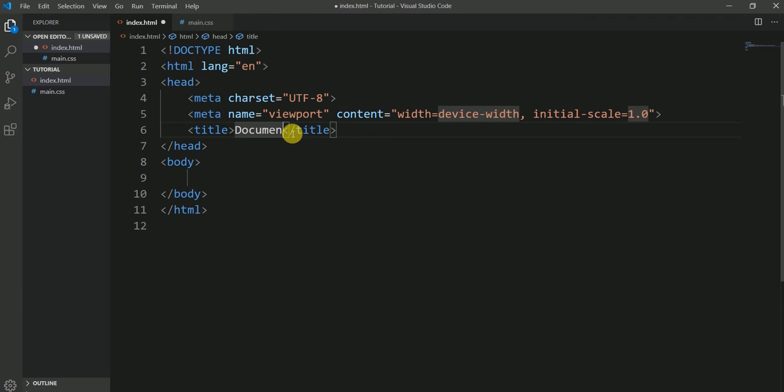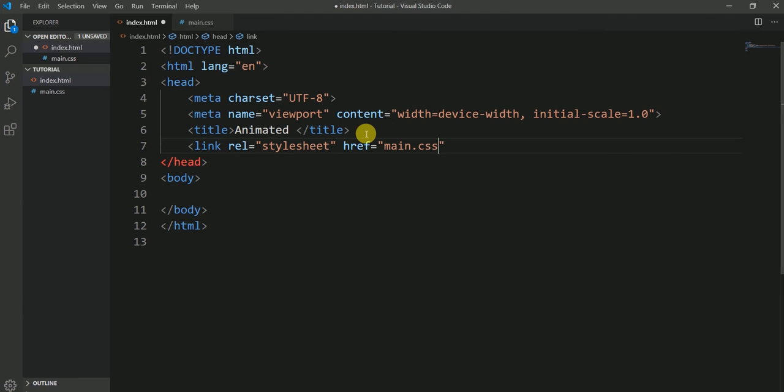HTML5 template. And now I'm going to change the title of my page, which is animated. Now I'd like to link my style sheet with this, so rel stylesheet, and the href for this would be main.css. Here I'm going to prepare the markup, and the markup is, let me show you again if